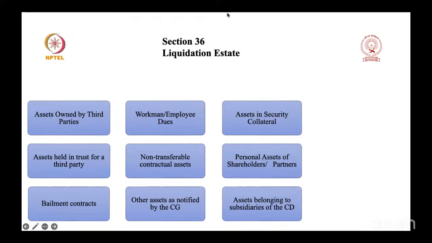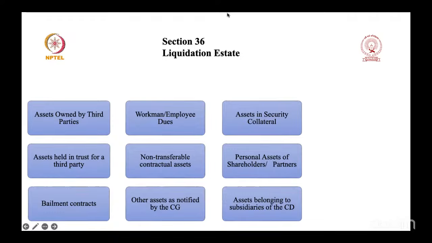So these are a few things that one must remember. Dissolution of a corporate debtor is different from liquidation. Liquidation is a process, and dissolution is an end point which brings about a complete end to the corporate debtor, and its name will be struck off the register maintained by the ROC. A copy of the order shall be forwarded to the ROC within 7 days from the date of such order,